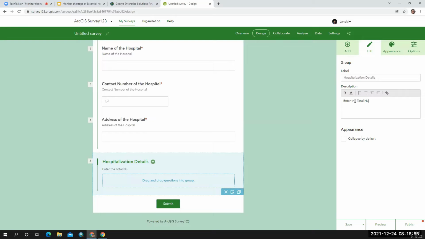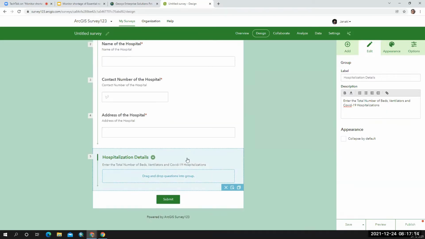Enter the total number of beds, ventilators, and COVID-19 hospitalizations. So here I'm going to give all the hospitalizations information here.